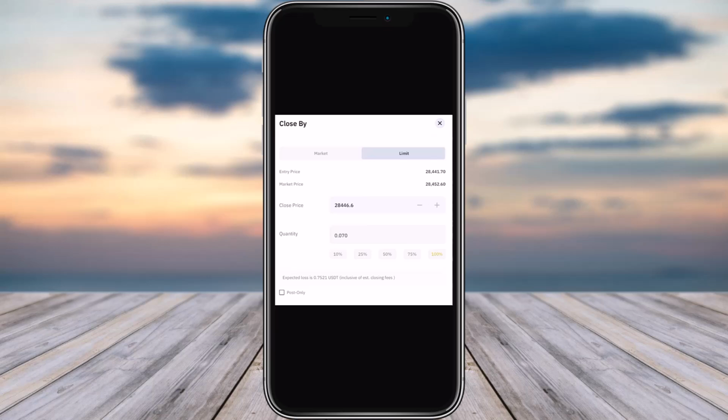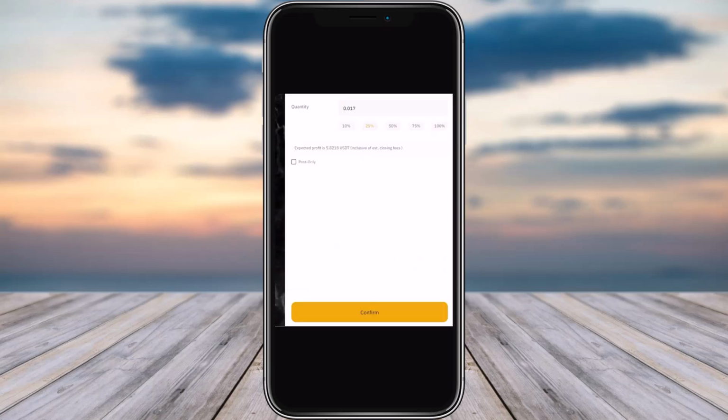Now first level of your profit, you can choose the 10% given right over here. So this percentage is the level of profits that you can get, which includes 1, 2, 3, 4, 5. You can get the 5 levels for the profit on Bybit. Now go ahead, choose the 10% for now, and scroll down to the bottom and tap on this option of